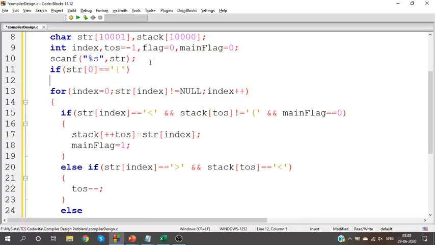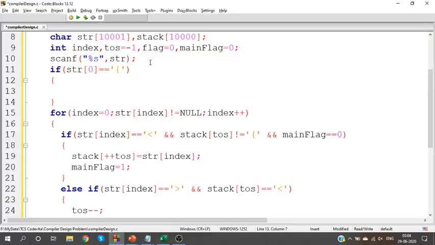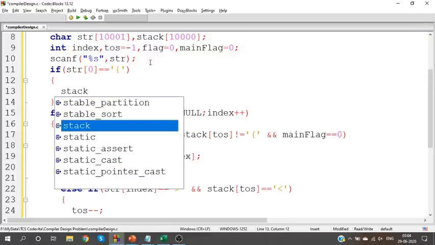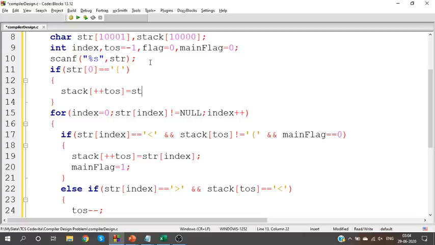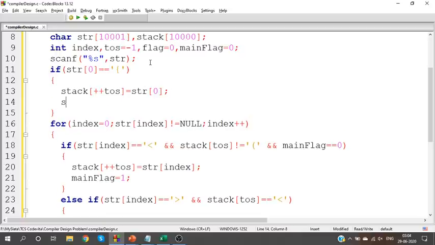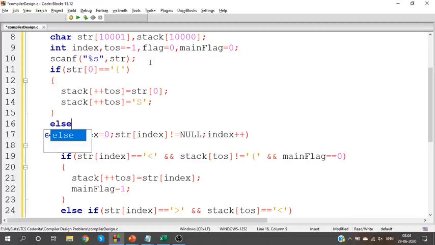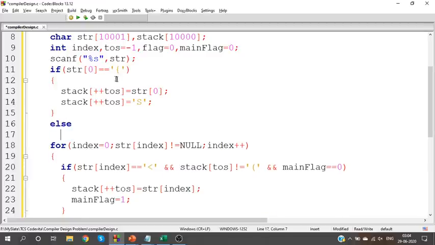If the zeroth index character is an open bracket, as I told you, push that open bracket. Along with that, in the next top of stack, push yes.